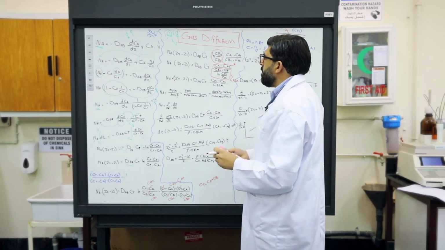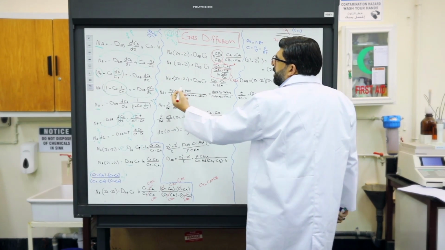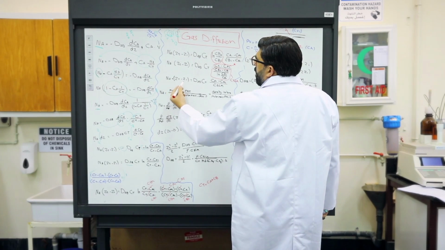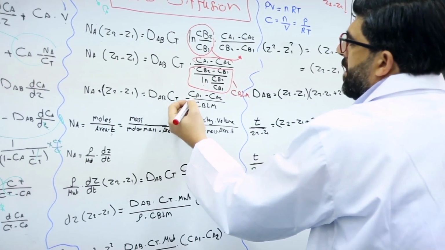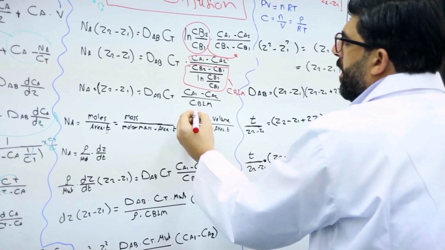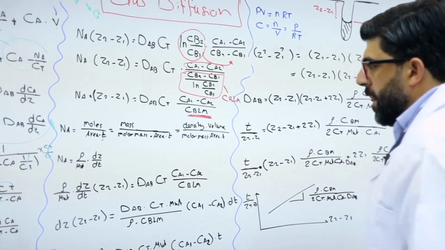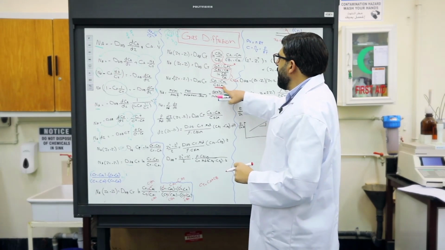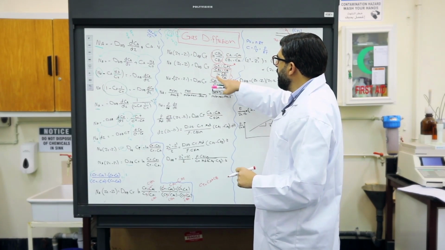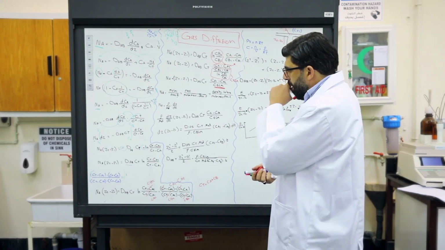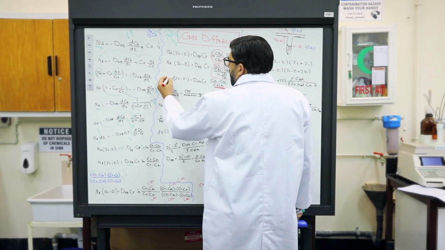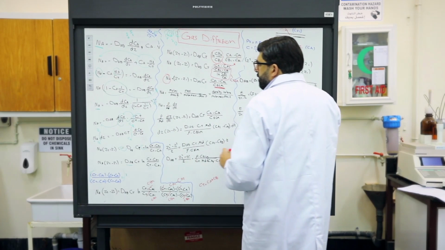Okay, so let's write it. NA times (Z2 minus Z1) equals DAB CT times (CA1 minus CA2) over CLM, where CLM is equal to (CB2 minus CB1) over ln(CB2 over CB1). Okay. As you know, NA is the